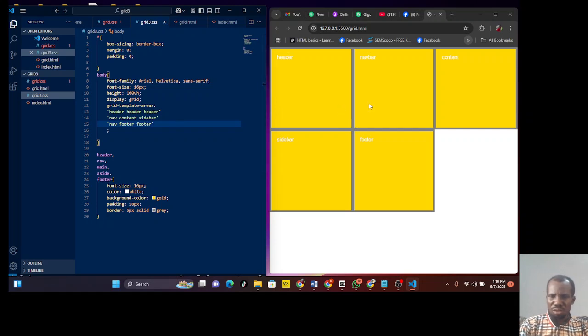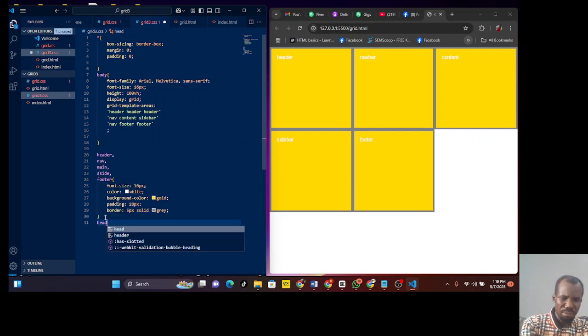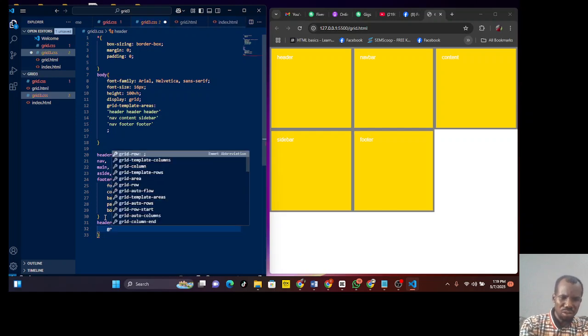So these are navbar, these are footer, these are content. Then navbar still comes over here, footer still comes over here. So at least we now want to start designing this. To do that, I come over here and start with the first one, which is header. I'll write my header, open my code browser, bring it down. It's very simple. Then I'll do my grid template area, or just grid area,